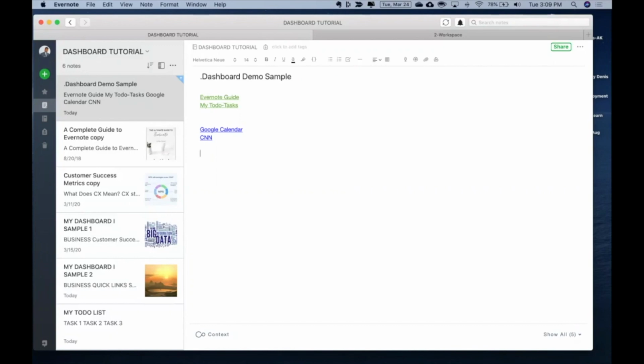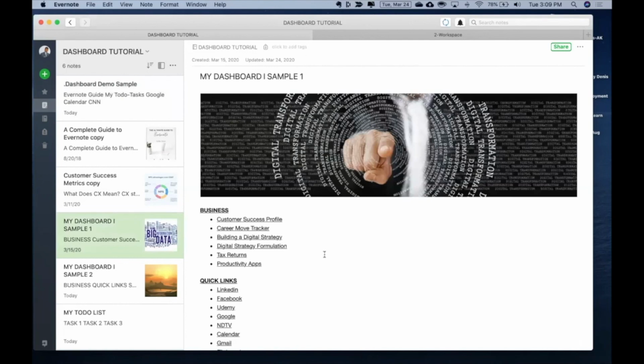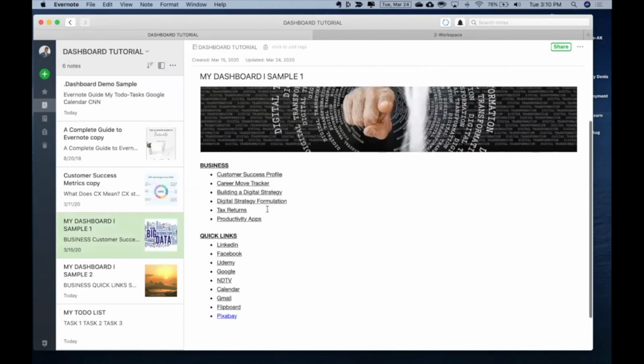I also wanted to show you a couple of samples that I've created over here, since I'm an avid user of dashboards. My first dashboard sample is this. You see, I have an image out here, and then I have divided all my links, one in the business section, another one in the quick links.